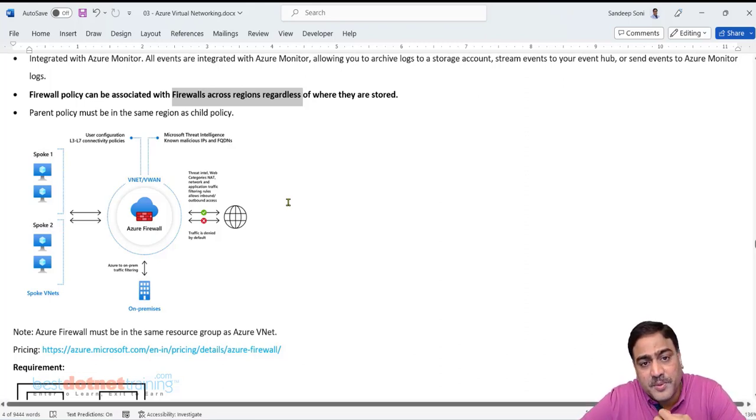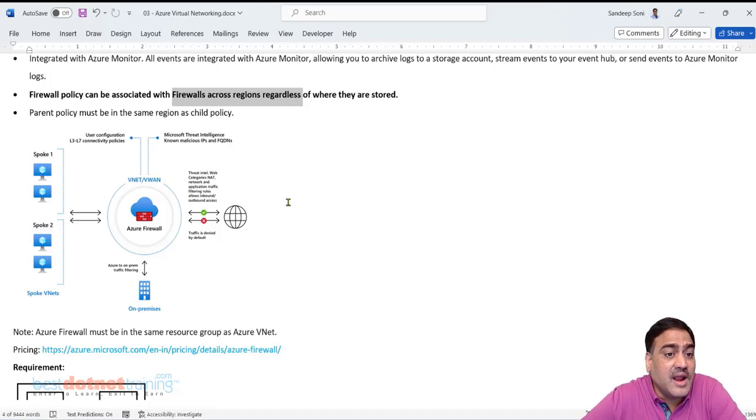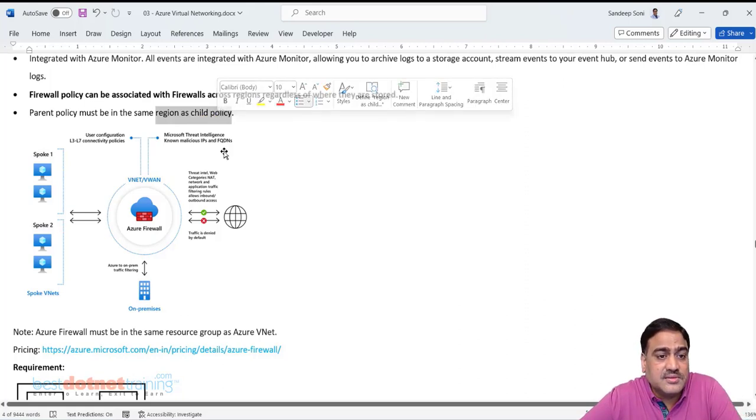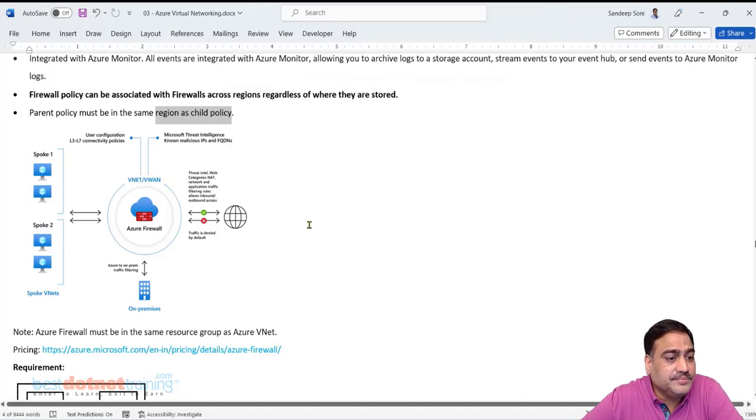The ideal purpose of a policy itself is reusability, and that itself can be made hierarchical. You can have one parent policy which is common for all the regions of the organization, and then you can have a child policy which is for a given region, and the child policy can be attached to a firewall.